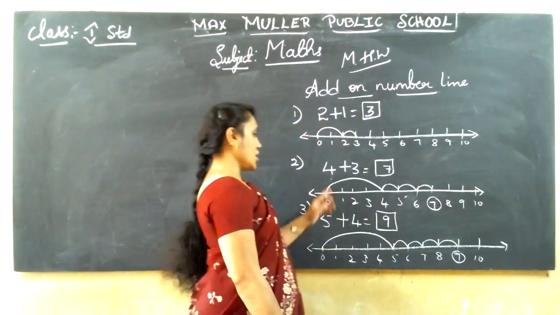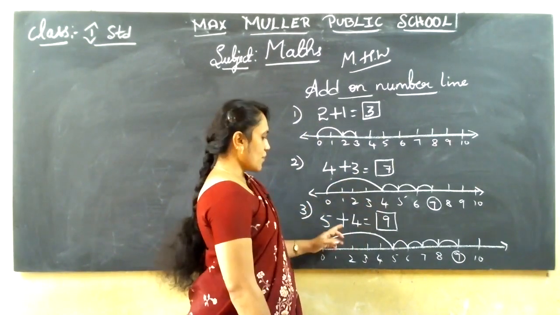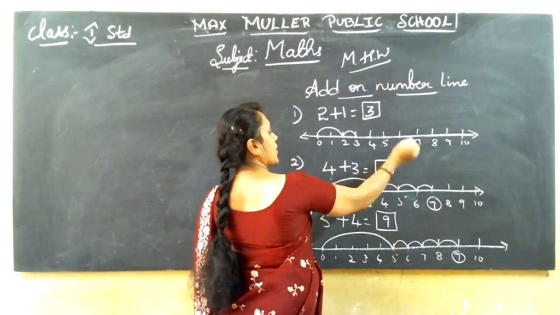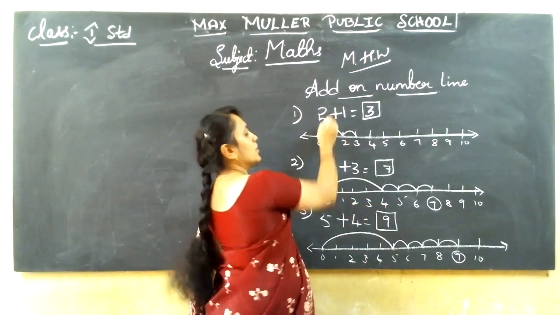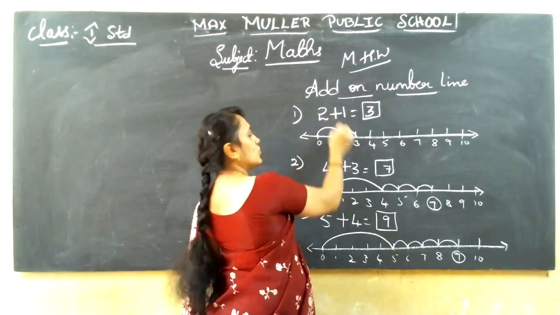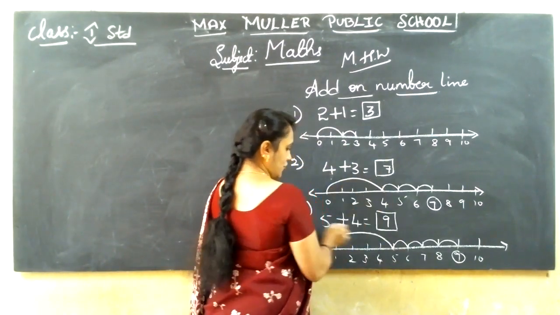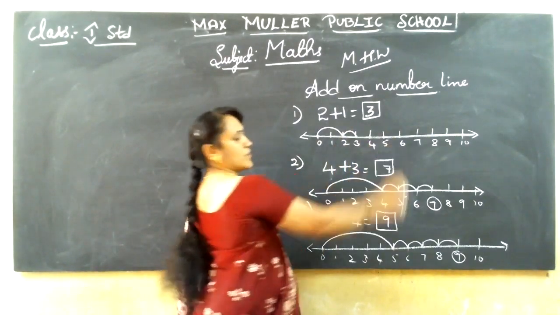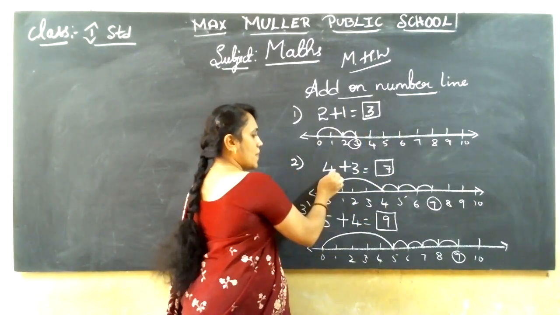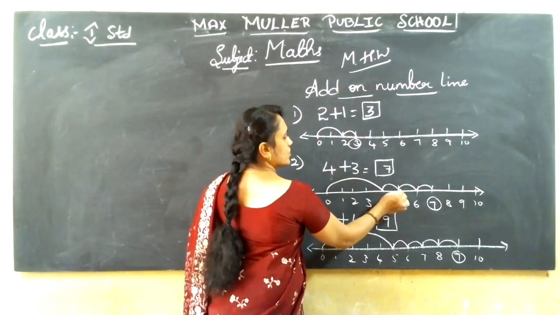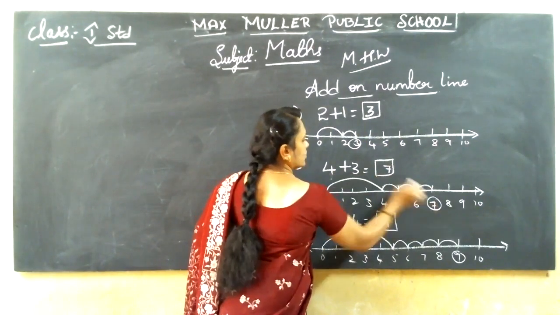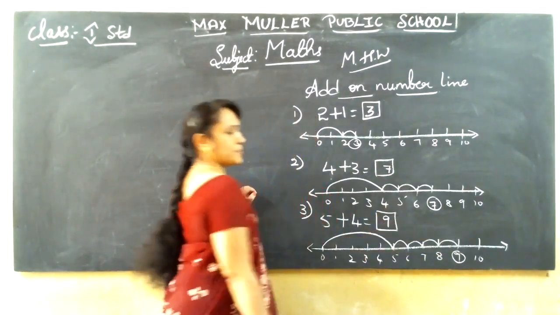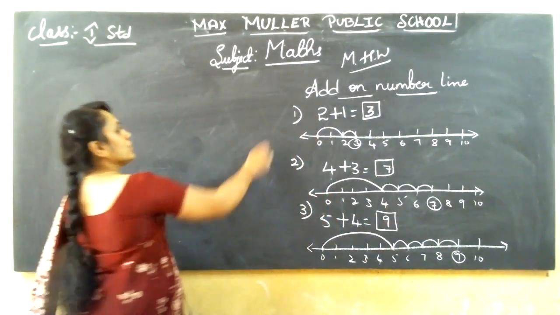2 plus 1, 3. 4 plus 3, 7. 5 plus 4, 9. Do you know how to jump? So first copy the question, draw the number line, write 0 to 10 numbers leaving a finger space gap. Then see the first number. 0 to the first number, what is given? If 2 is given, jump to 2. If it is given 4, 0 to 4. If it is given 5, 0 to 5. Like that. Second number, jump it. From 2 to 3, 1 step. Jump it, 3 is the answer, right in the box. Then 0 to 4 you jump, 3 steps: 1 step, 2 step, 3 step. That is 7, the answer, right in the box. Then 0 to 5, 4 steps: 1, 2, 3, 4. That is 9. Understand? So do these sums in your homework book today.